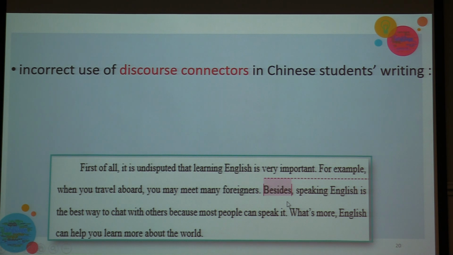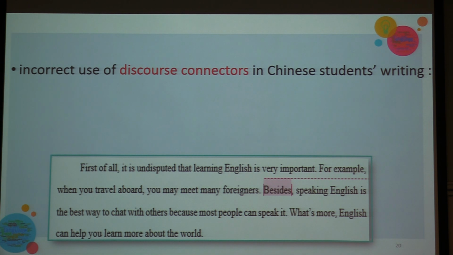Do you think there should be some important information added to support the topic sentence, or some minor information? The sentence that immediately follows the topic sentence, for example, like in this addition, right? Do you think this added part should be an important one or a less important one, usually, after the topic sentence? It should be something important added to support the topic sentence, right? Okay. Well, we think "besides" is usually used to support the minor addition or major addition?